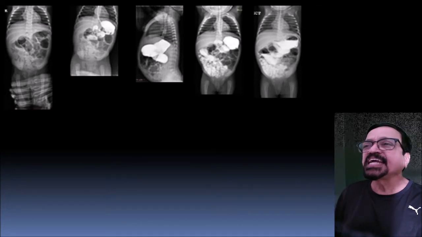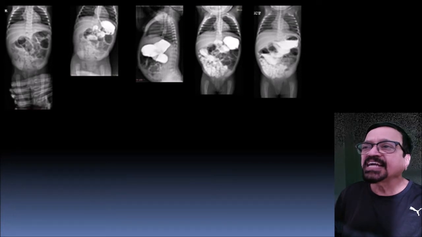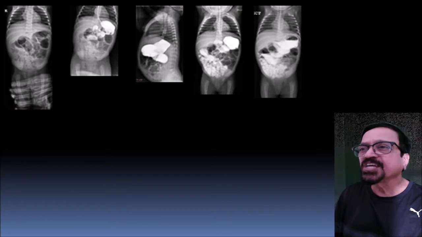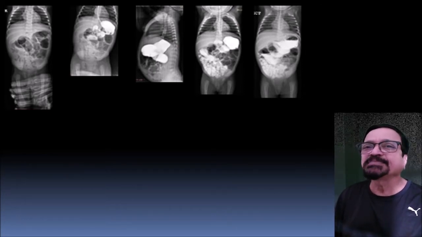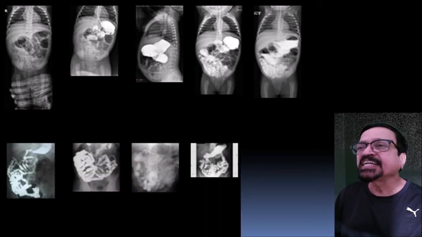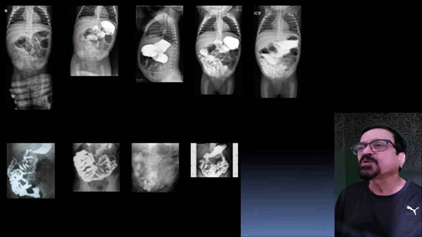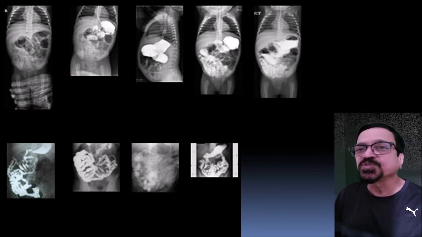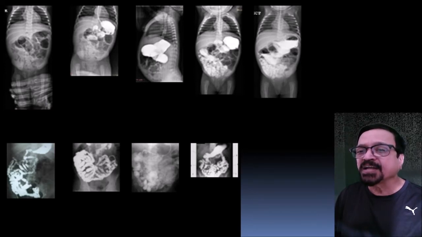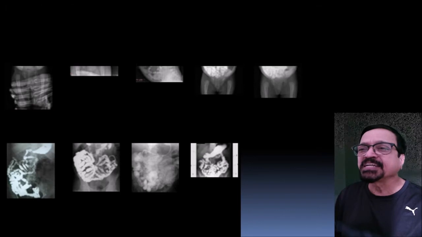Now here what we are seeing is all the jejunal loops are lying on the right side. Then there are multiple dilated loops of jejunum suggestive of obstruction. So it is a mid jejunal obstruction with malrotation. In this patient we are seeing first the plain X-ray, then the barium series. Again to remind that in these studies we are using water soluble contrast examination and barium is not used, and that you decide when you see the first film. Now here again you are seeing malrotations, then multiple different cases.